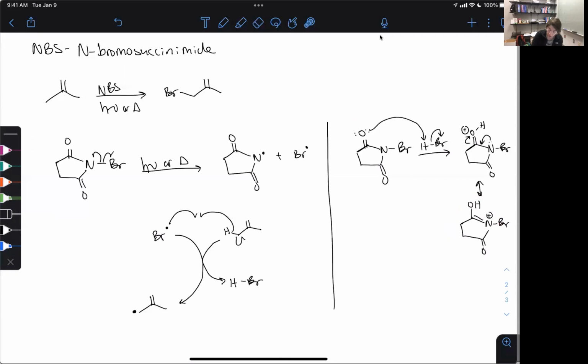So if we attack that bromine, we can kick off all that other stuff. And so what happened is we also made Br minus, so that Br minus can come in, attack the bromine, electrons move over onto the nitrogen,